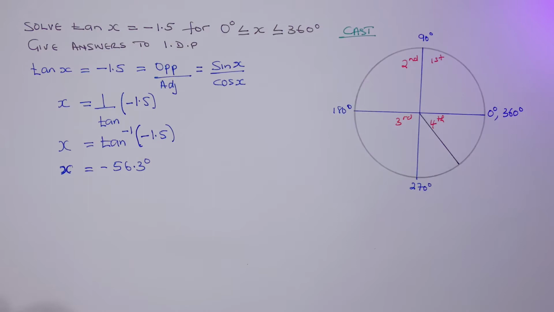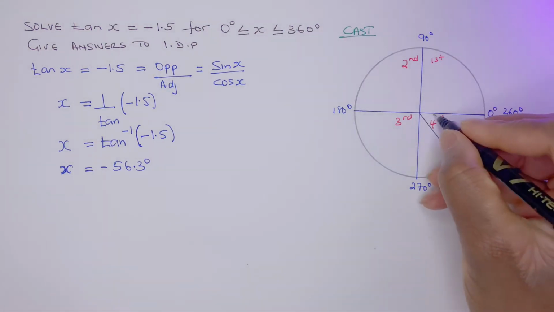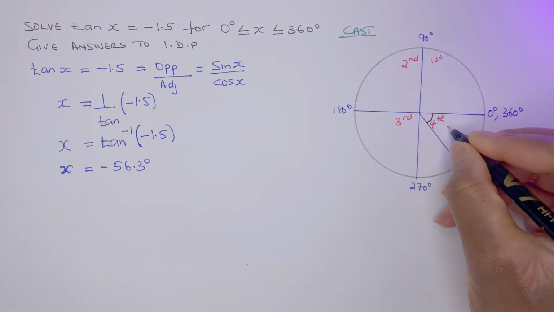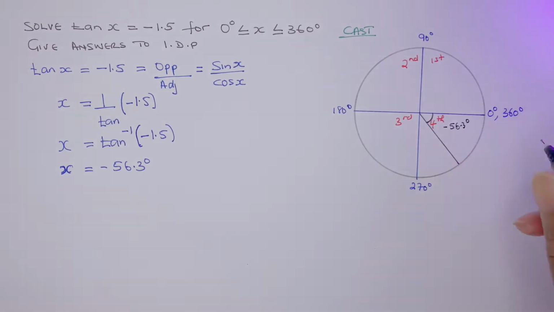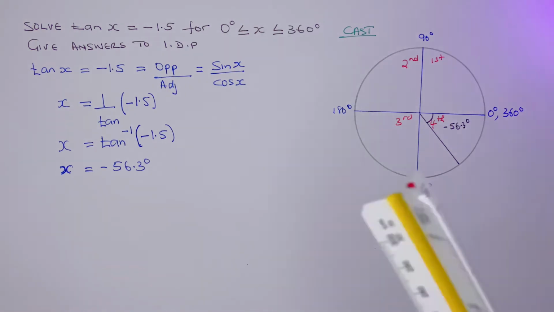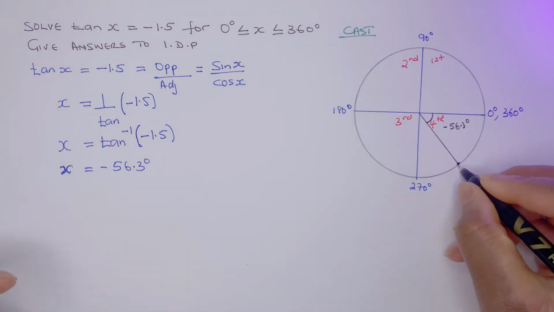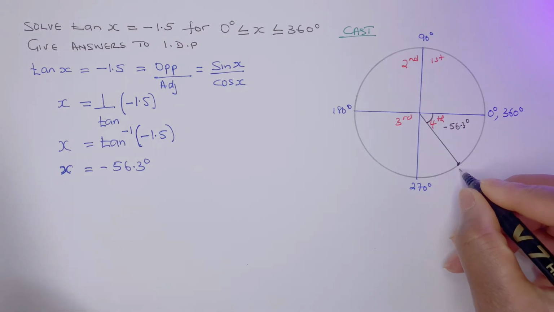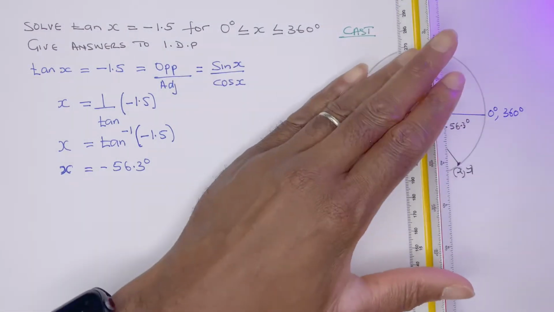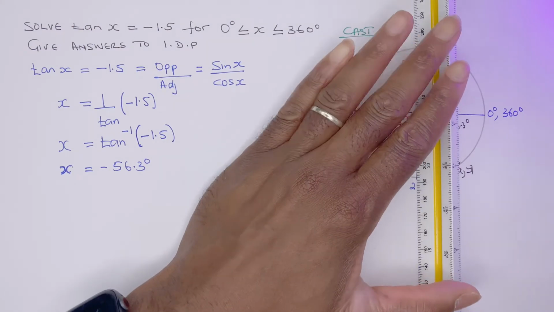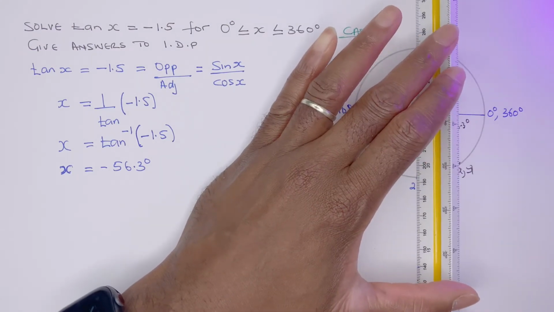Obviously it's bigger than 45 degrees. So let's say that's the angle here. And that's minus 56.3 degrees. And if I project this point here, that's on the circumference, and that point is your x and y. And if I project the x and y down to the x-axis,